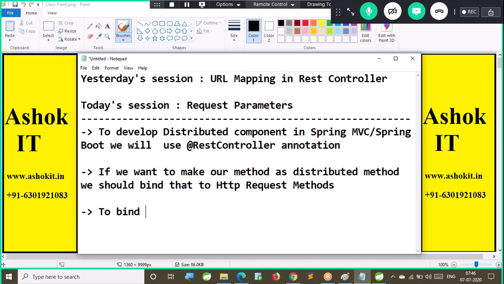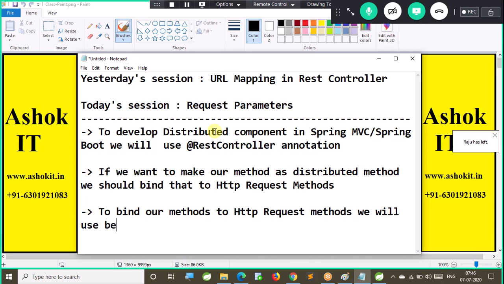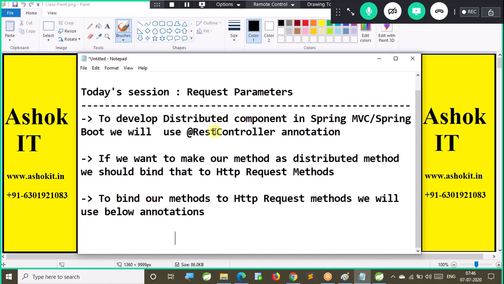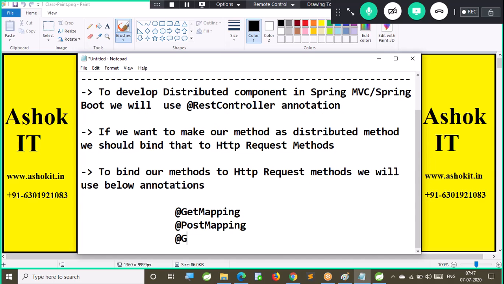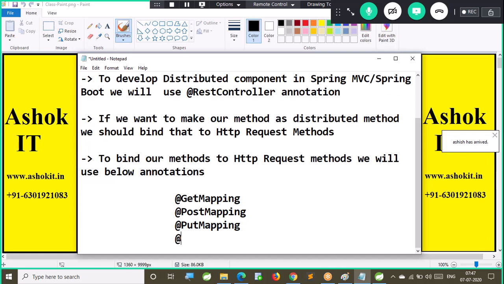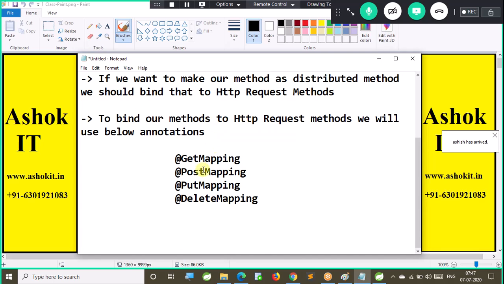We will use the below annotations: GetMapping, PostMapping, PutMapping, and DeleteMapping. These are the annotations that we are using.